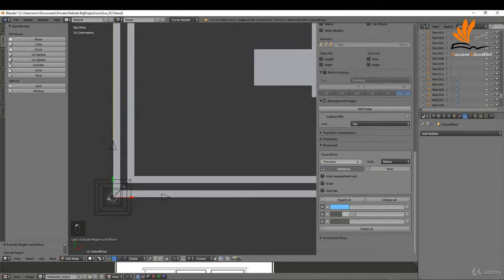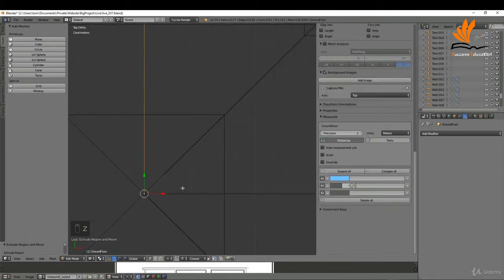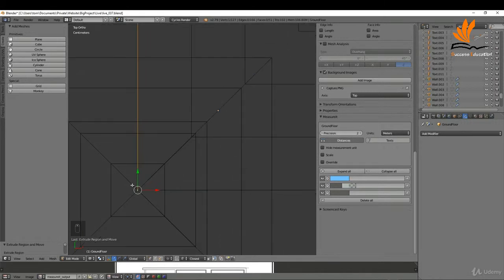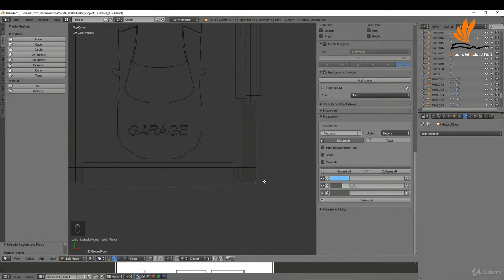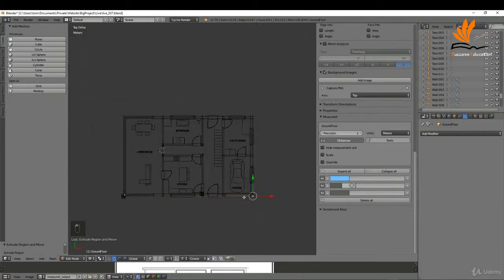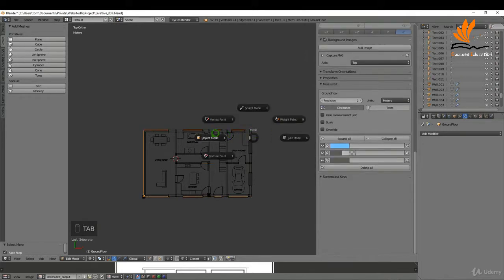I'm going to zoom in just to make sure I have this in the right position. Okay, and that's fine. I'm going to actually press Z and bring up wireframe, and you can see that's fine there. It's going to come back out. And if I zoom in over here, I can press E, X, and snap this up to here. Okay, I'm just going to zoom back out, and I'm going to press Ctrl plus a few times, select my 4 vertices. I'm going to press P to separate this by selection, tab back to object mode, and if I